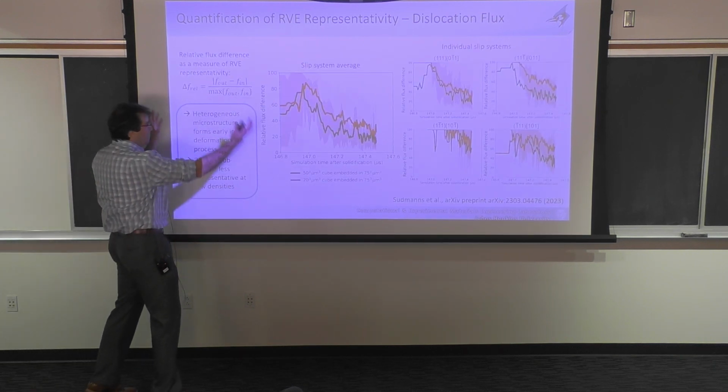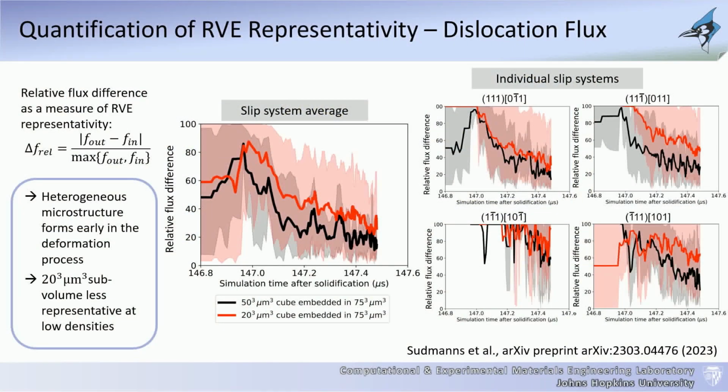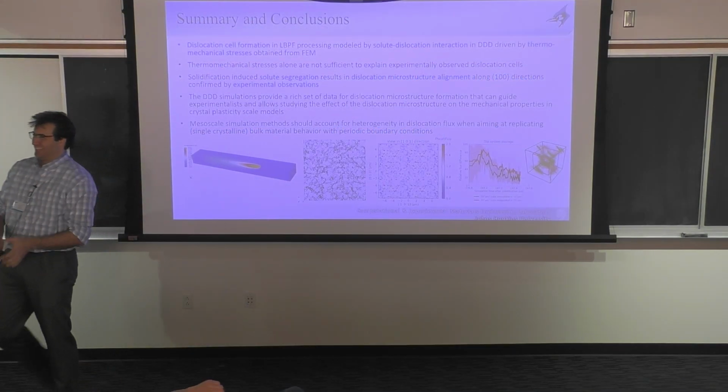In the interest of time, we're trying to push forward with this kind of analysis. But in addition, it's important not just to understand a scalar quantity like dislocation density, but to understand the structure and how it is evolving. So I have a student currently doing graph networks, representing these dislocation networks as graphs to better understand how dislocations react and evolve in these humongous simulation cells. I know I went a little over time, so I'll keep my conclusions up here, and I'm happy to answer any questions.